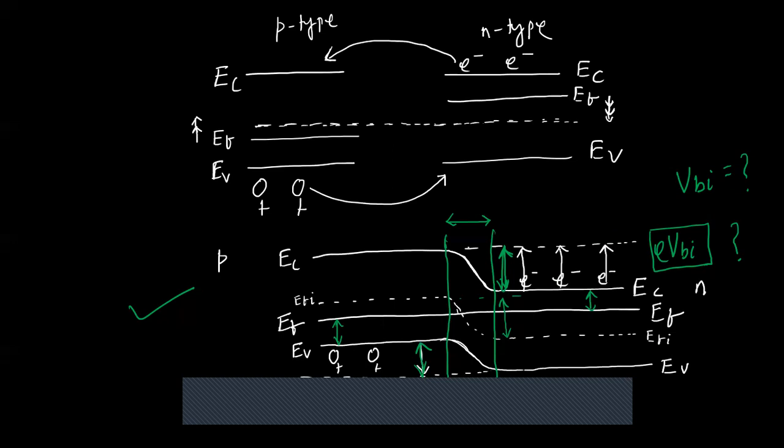That is the measure of the built-in potential barrier. Okay, so fine, let us now mathematically do this. I'm just redrawing it again, just to write in terms of VBI. So sorry, this is our conduction band. Both the regions, this is the P region and this is the N side.